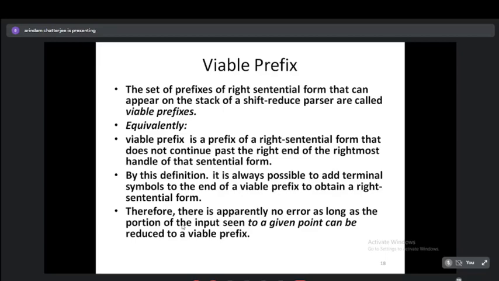It is very efficient that way. It is not possible for all top-down parsers. It might happen that a top-down parser catches the error much later than it has occurred. Maybe it was supposed to flag the error at the 6th position, but it could not detect it. It might have detected it after 2 or 3 steps more. But in case of a bottom-up parser, because at every step it is watching for a viable prefix, any violation will be immediately flagged. Am I clear? This is the most important part you should understand about a bottom-up parser, why it is so efficient. Is there any question on this?